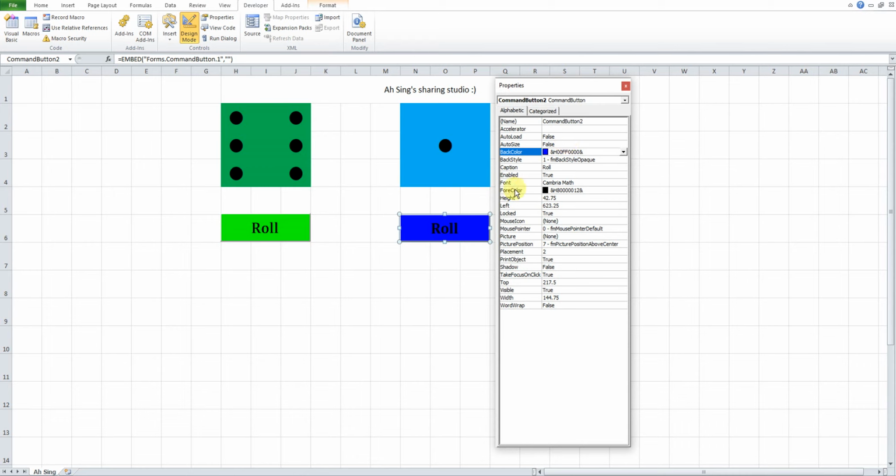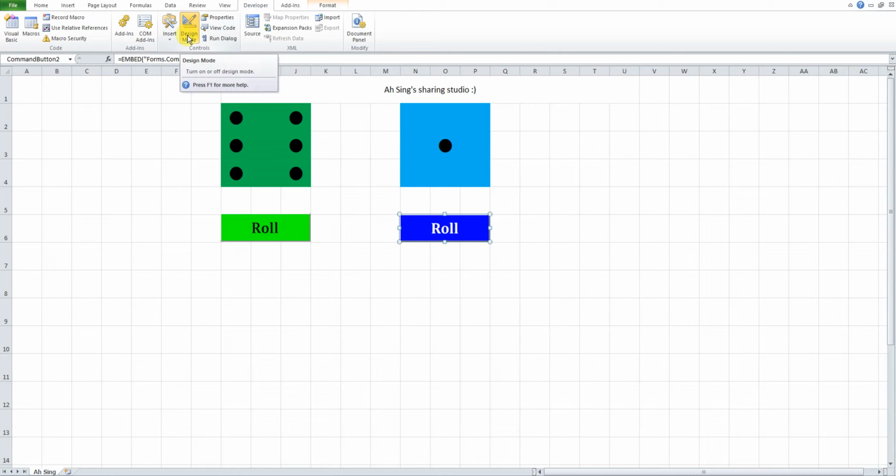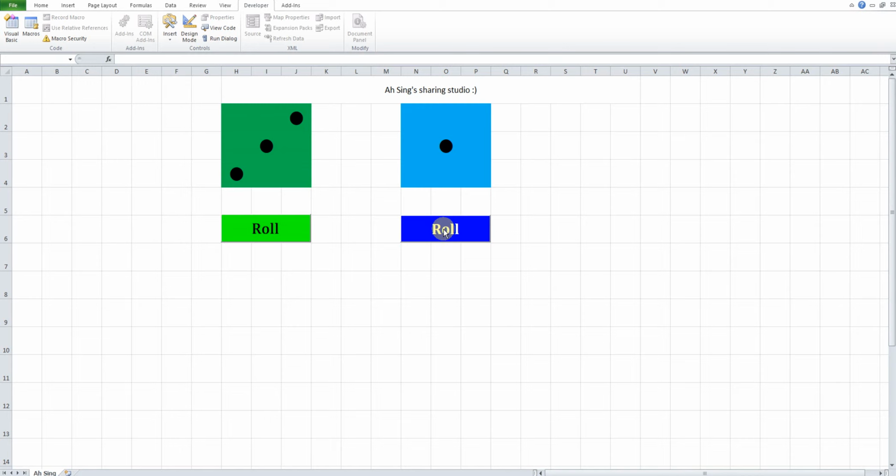Now we can change the font color. Instead of using black, we can use white. Okay, run again. So remember to unclick the design mode. Okay, run again. Run, stop, run, stop,